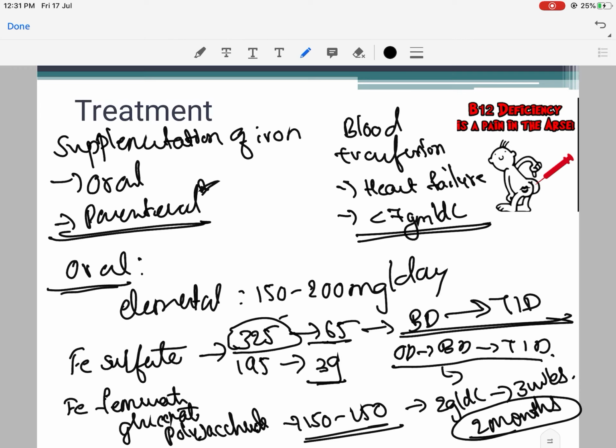So if the diagnosis is iron deficiency anemia, and if the patient's hemoglobin does not return to normal in 2 months, then it could be because the patient is non-compliant with the treatment, or there is poor absorption. So in such cases you do something called an iron tolerance test.